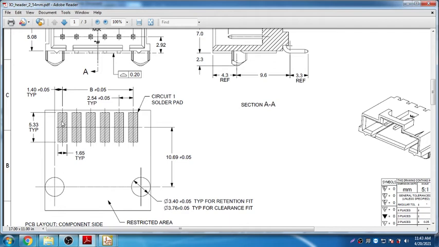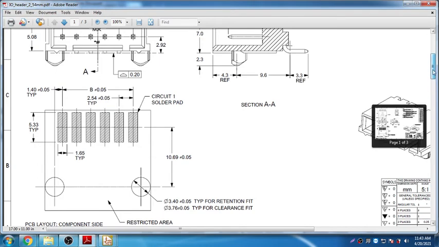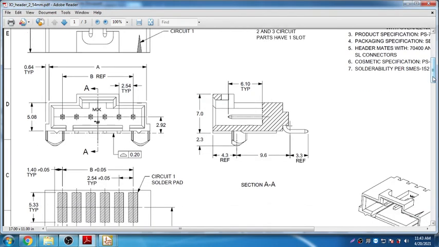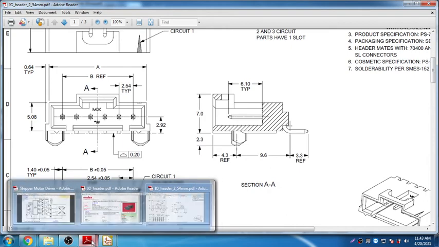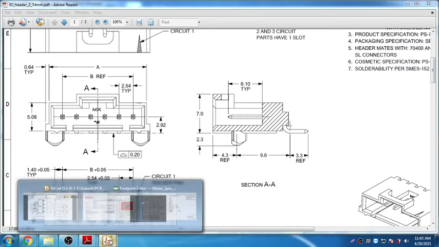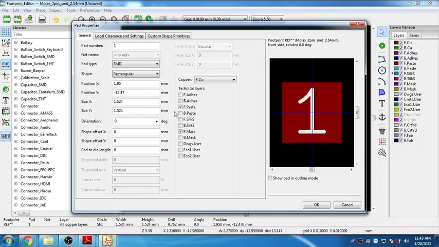Okay, so now I know my Y position is 10.69, and for X I will start from 1.4 mm. So X I will start as 1.4, position of Y is 10.69.